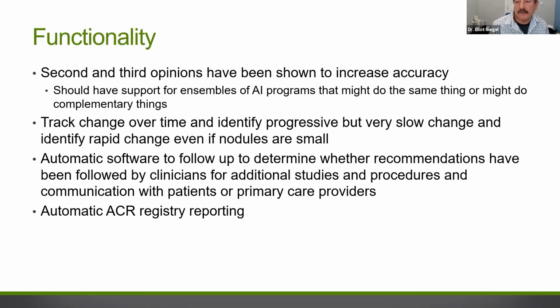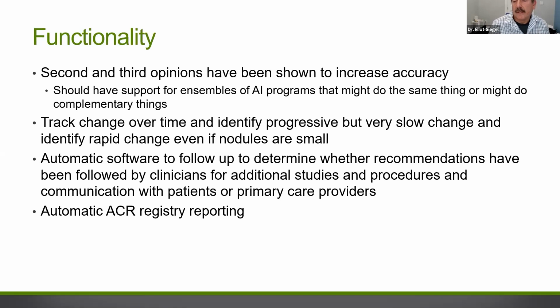Most of the software that exists currently acts as though it's never seen prior studies, and being able to take into consideration, as far as probability of disease, even in a screening population, how things are changing or not changing is really critical. I also want software that allows me to track in a manner similar to mammography for lung